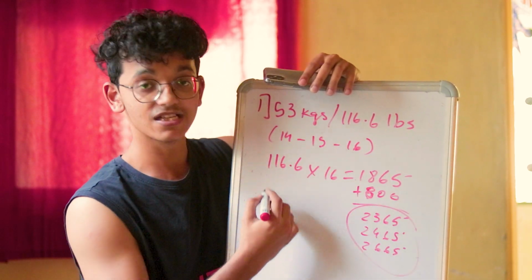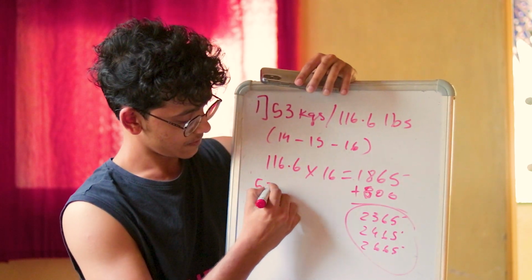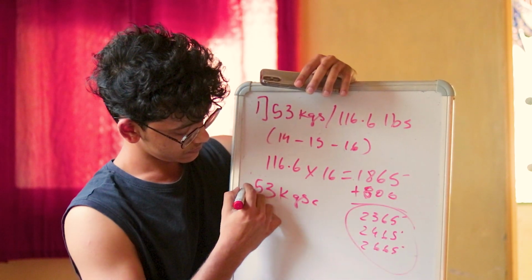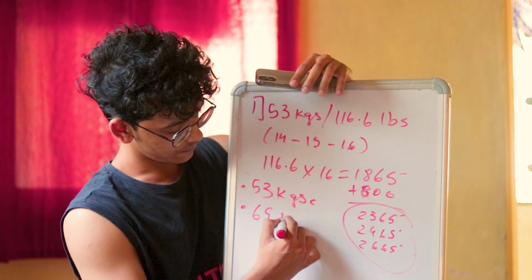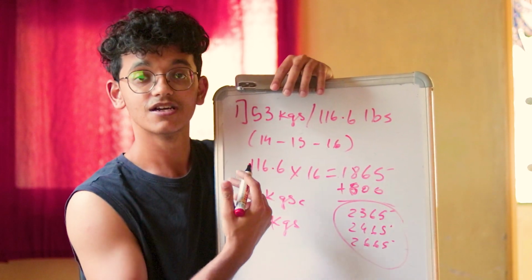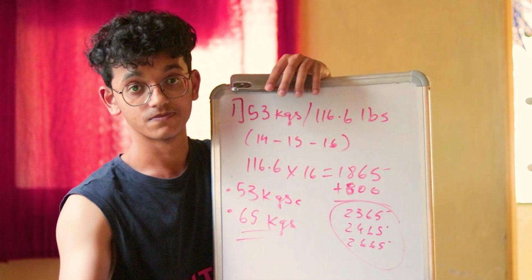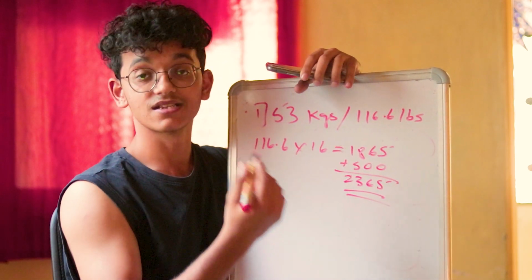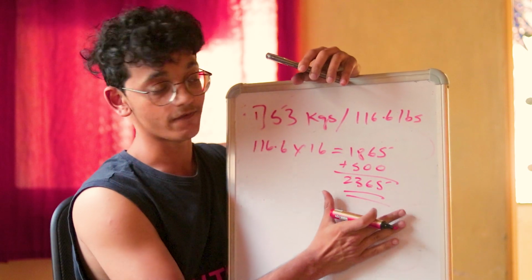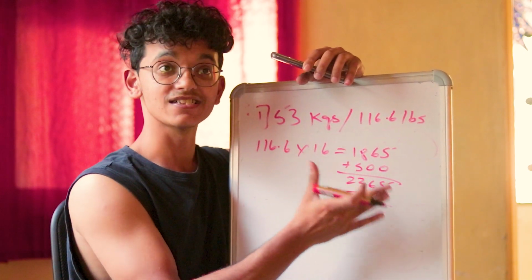My weight previously was 53 kgs and now my weight is 65 kgs. So yeah, I use this calculator and method to reach where I am now. This number, 2365, is the required calories for me to gain weight, to add 10 kgs of muscle